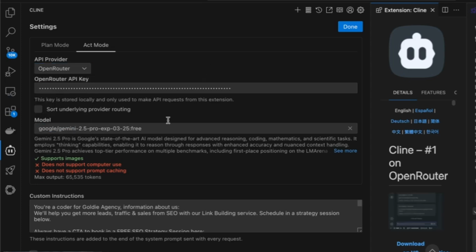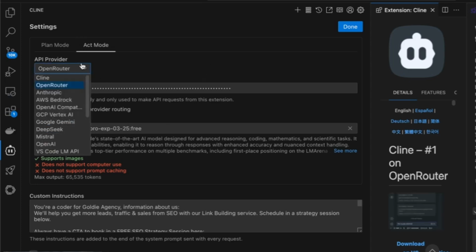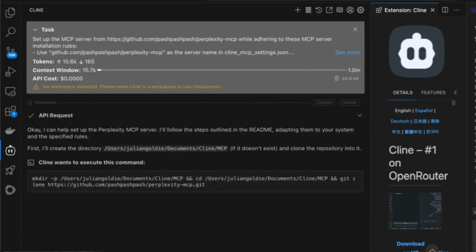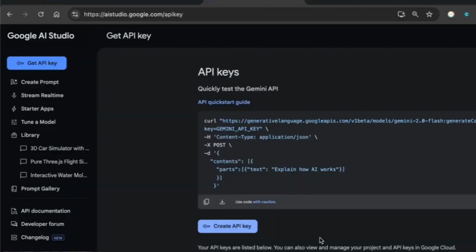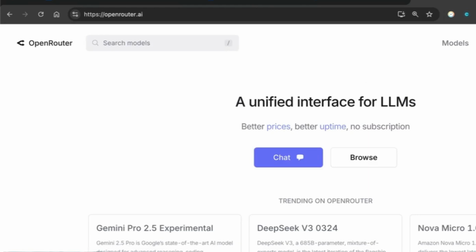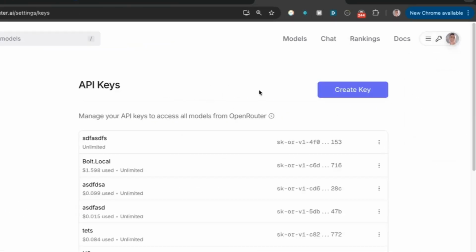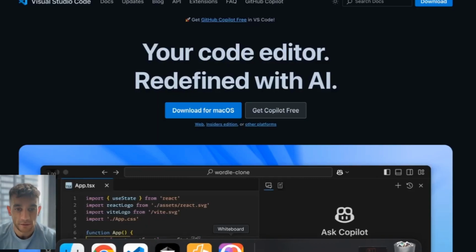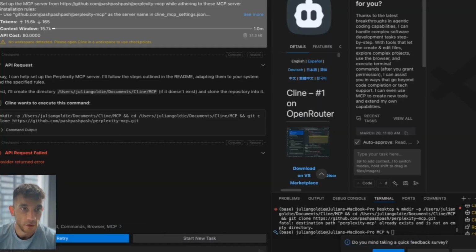But either way, you can use Google Gemini 2.5 Pro. If you want to get an OpenRouter API key, I'll show you that in a sec. So what you do is you would go over to openrouter.ai. Then in the top left here, you can go to keys. And from the key section, you can just create a key and set that up inside the settings of Cline,